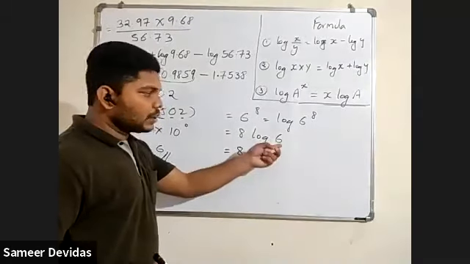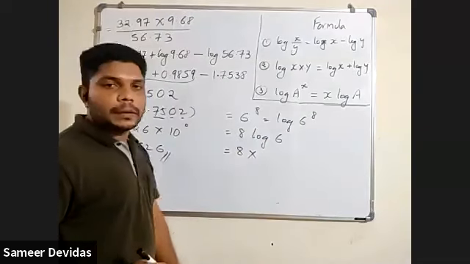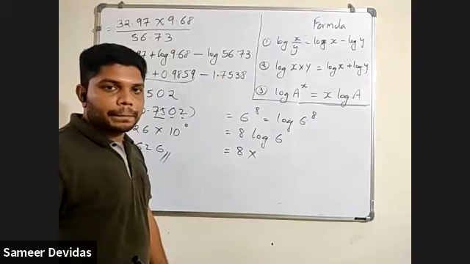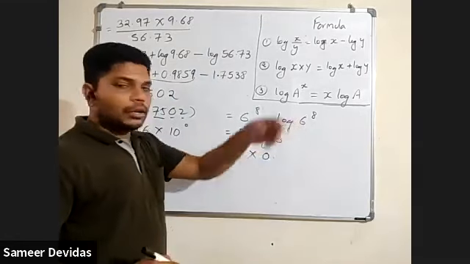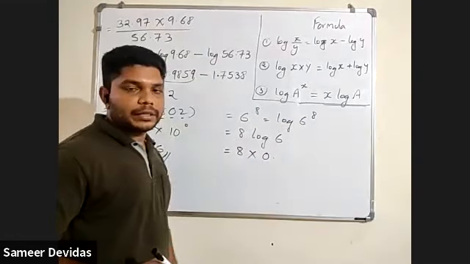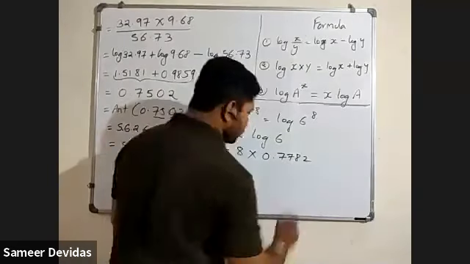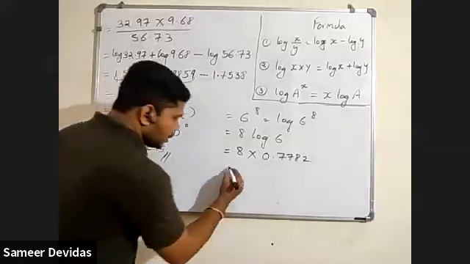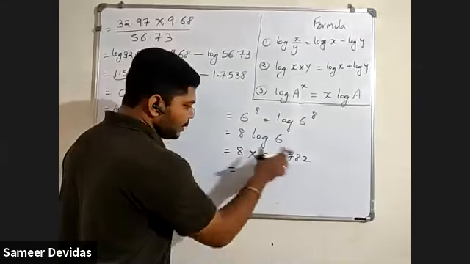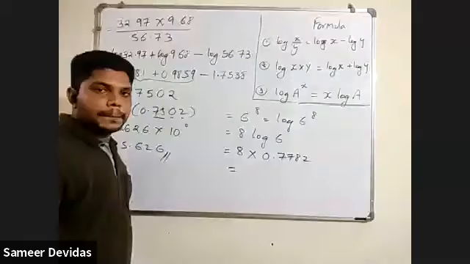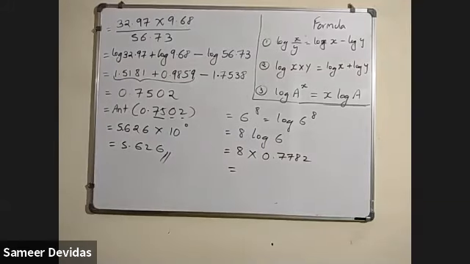What is the log of 6? What is the characteristic of 6? So 0. Point. Find out the log. Mantissa. 60 under 0. 7782. Only one person is continuously answering. Then what you have to do is multiply this 8 with this. Multiply the 8 with that and tell me the answer.